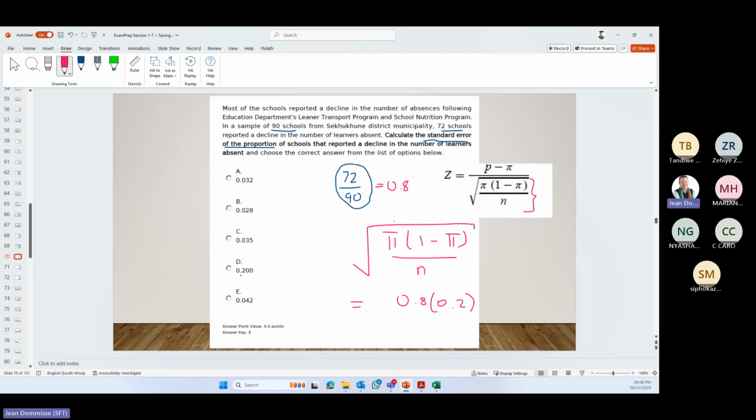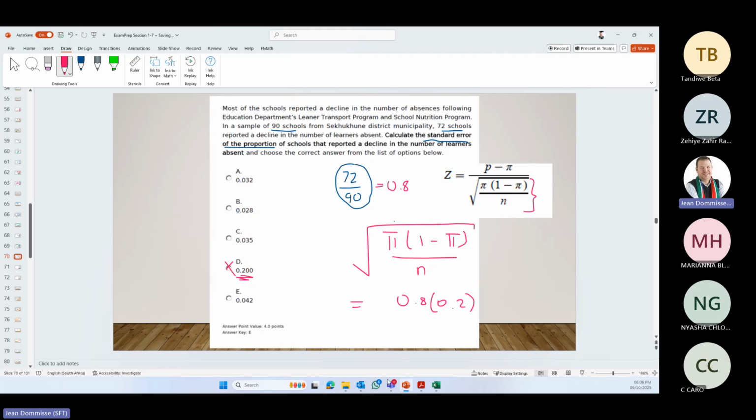Check there, 0.2. Then the sample is 90, so we can add the 90 there, and then the square root of that. So 0.2 times 0.8 is 0.16. That divided by 90 is